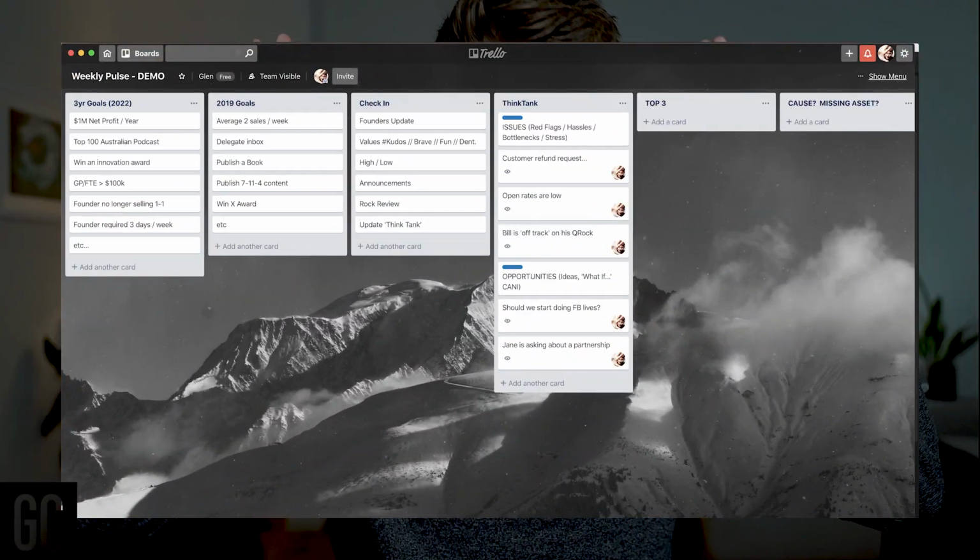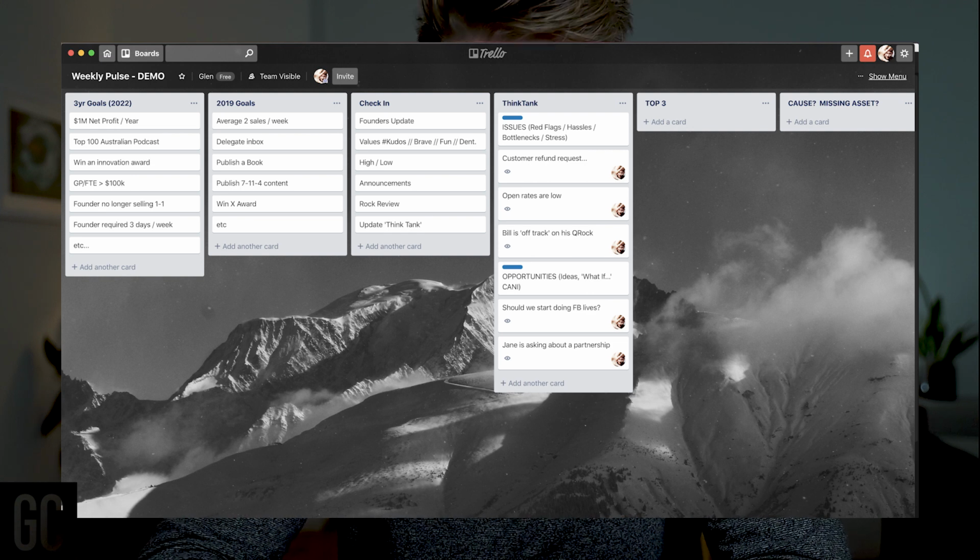So a simple asset that we have is a structure for how we run our weekly team meeting. I'm not going to go into the whole structure of that right now, but I'll give you a small taste. Here it is on the screen. Every single Tuesday at 12:05, and we do it at 12:05 because 12:05 means 12:05, whereas at 12 o'clock, people are early, people are late. It's important to start on time. And then there's a specific formula, a process that we follow every single time that makes sure that every single person in the company, it's an all hands meeting, is reminded of the vision, the values, our goals,